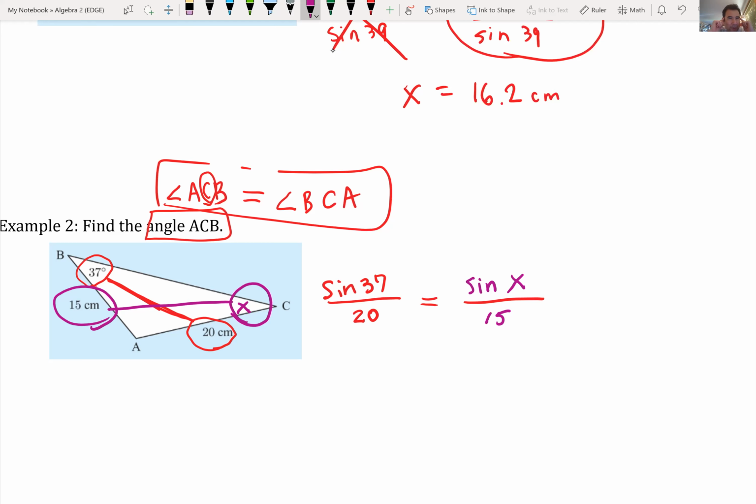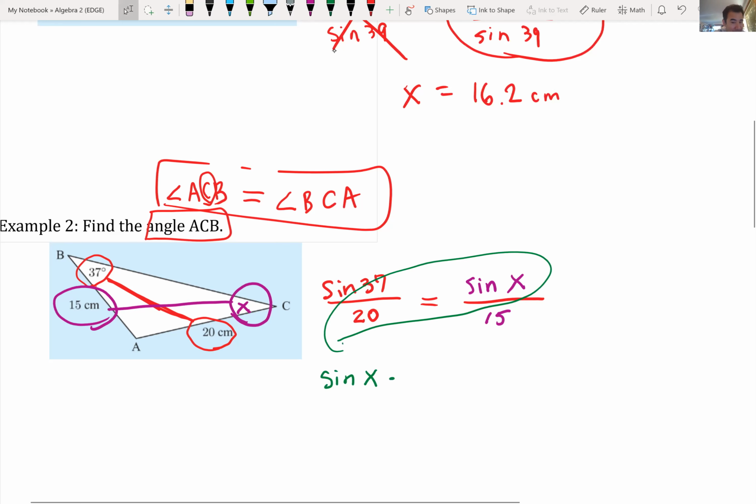Now just keep remembering that you're trying to ultimately solve for this angle measurement, right? But let's keep going. So let's cross multiply. Sine of x times 20 equals